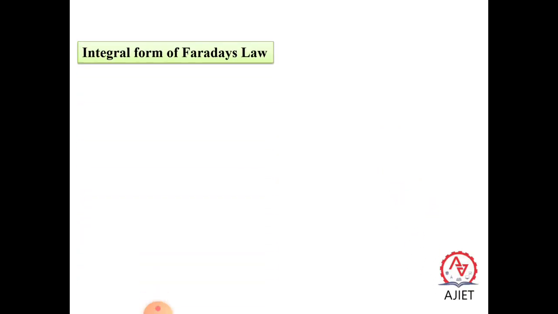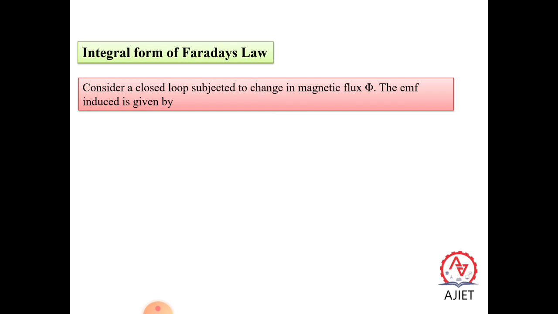So next, coming to the integral form of Faraday's law. Statement: consider a closed loop subjected to a change in the magnetic flux phi. We can imagine a closed loop of wire. To figure out how much current will be induced in the wire due to the change in the magnetic field,